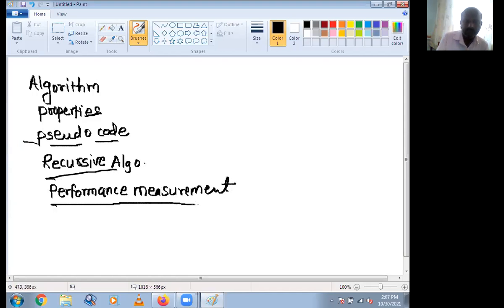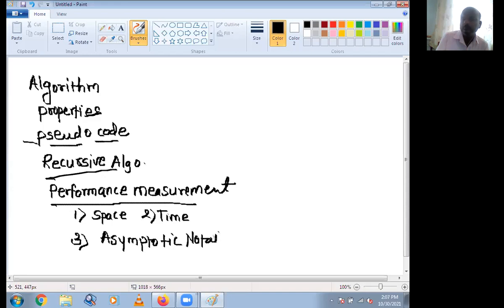In performance measurement, we have seen space complexity, time complexity, then different asymptotic notations, that is big OH, theta, and omega.